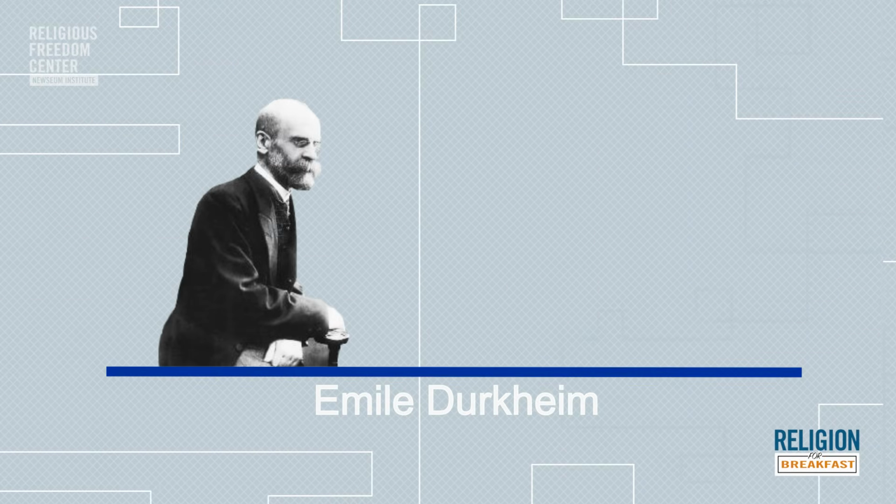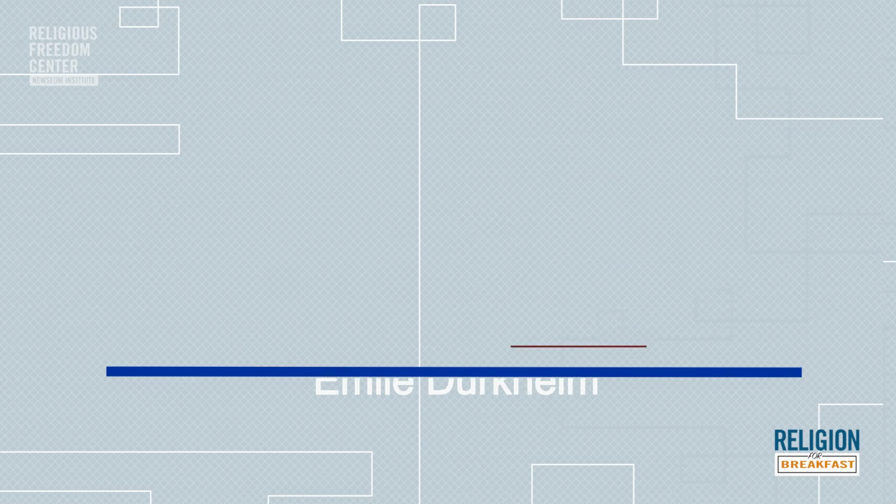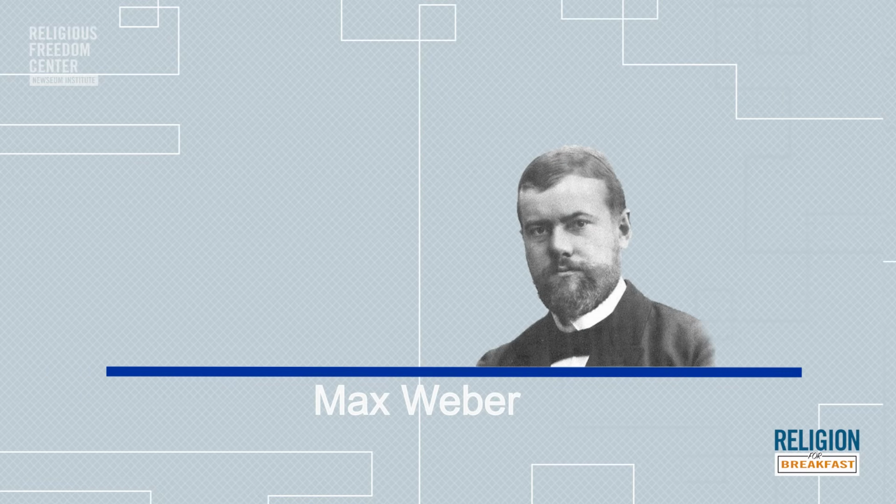Emile Durkheim, in his book The Elementary Forms of Religious Life, tried to describe the origins and function of religion in society. Sociologist Max Weber analyzed the role religion played in economic and social structures with his essay The Protestant Ethic and the Spirit of Capitalism. And although later studies are a little more sophisticated than Durkheim and Weber, these scholars continue to shape the sociological